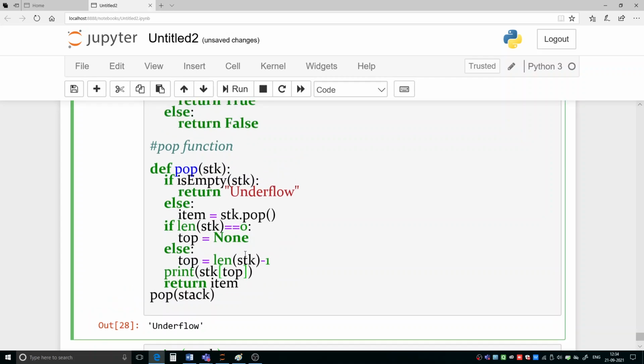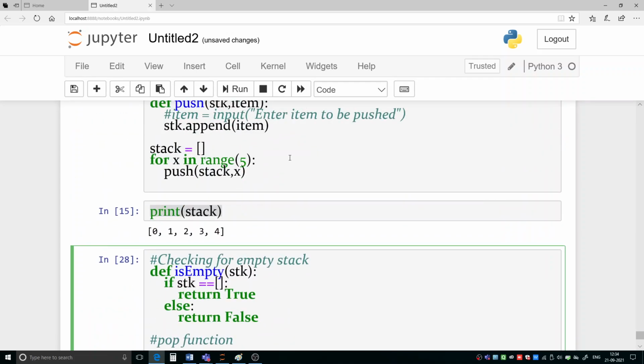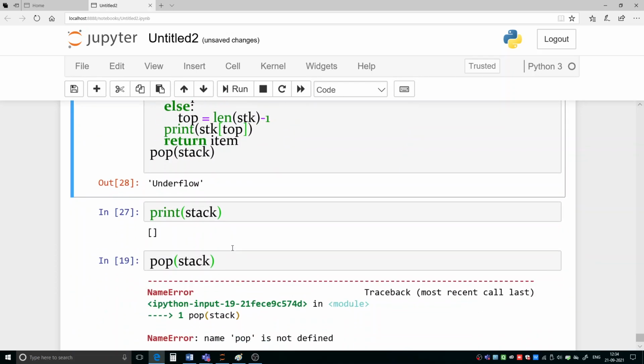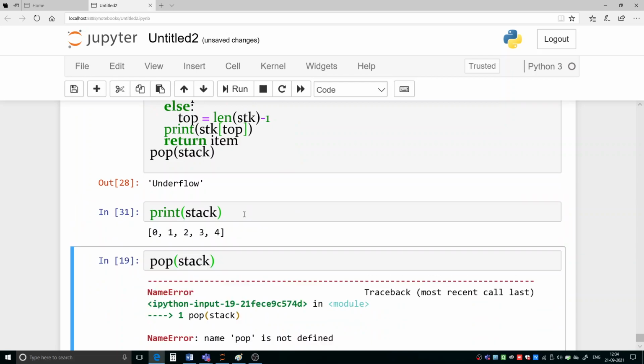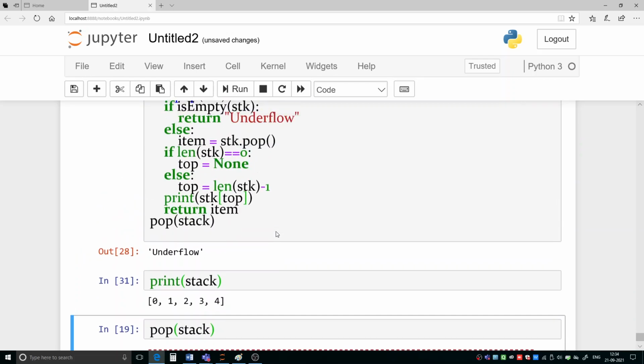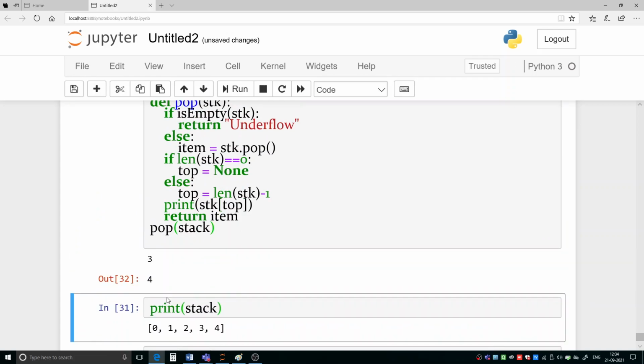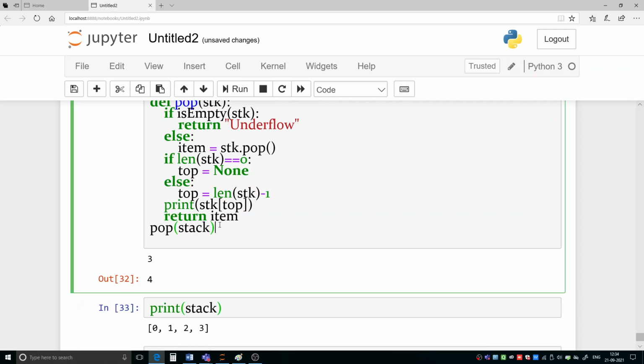Okay, and let us perform this one once again. Populate our stack now. Once again we have all the elements there. Now repeatedly execute this one. So 3 is there. Once again execute. And what is happening now? The output is changed now. It is also showing the element at the top. So right now 3 is at the top.